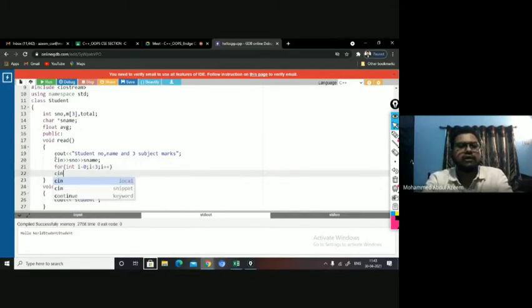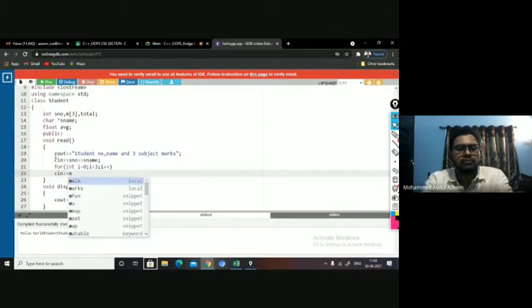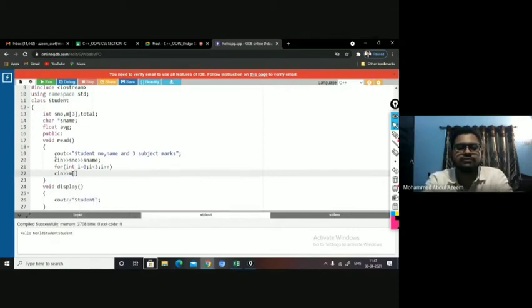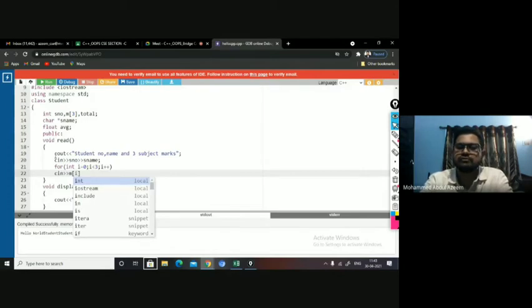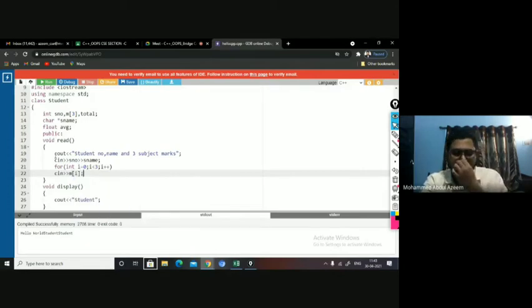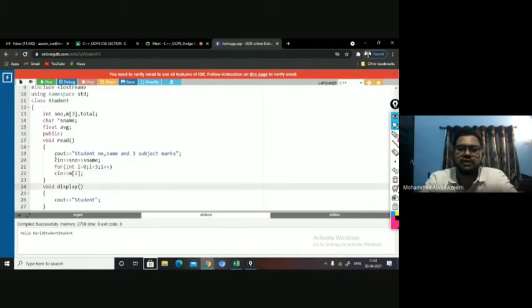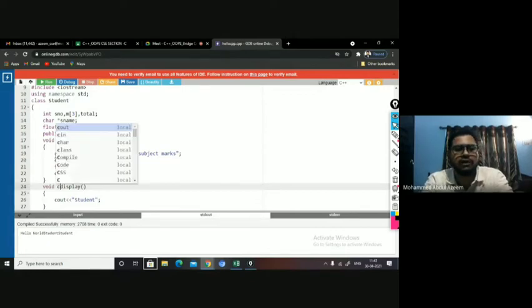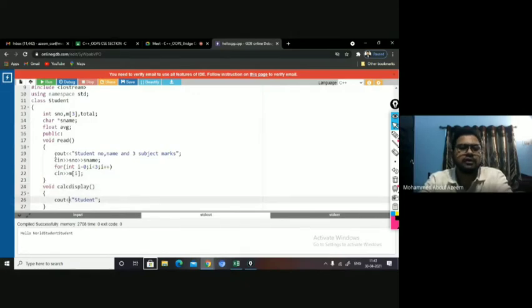So you are reading 3 subject marks here. Now in the display function, let us say I am changing this display to calc display, calculate and display. It is first going to display the number and name.